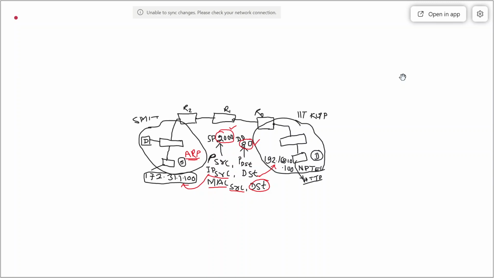And for whom I broadcast, I want to know the MAC address of 192.168.10.100, and that computer is in IIT KGP. How do I obtain the MAC address of that computer if it is not present and not listening to me? Anyone have any idea?